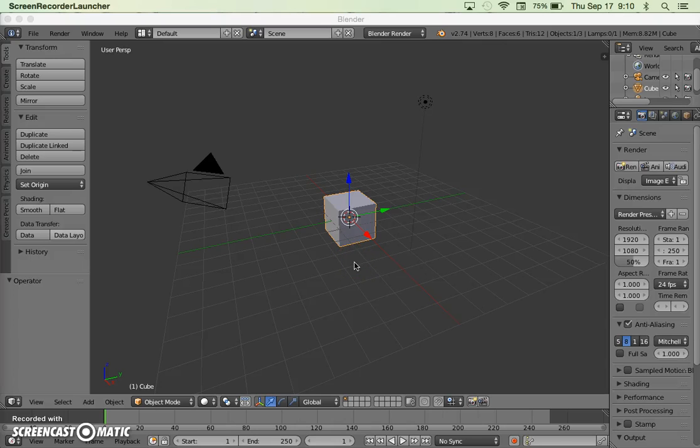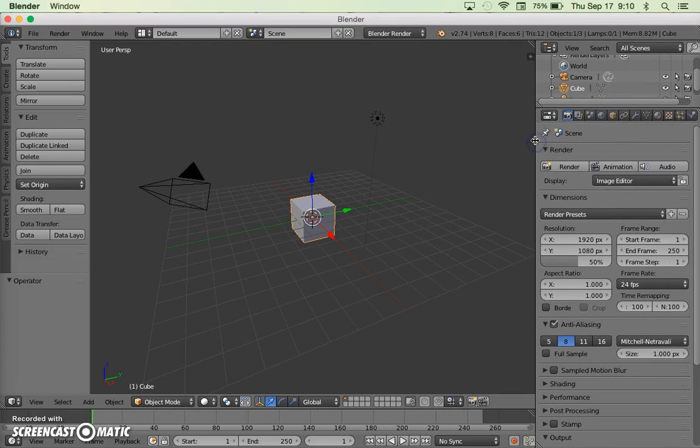Welcome to the Blender Game Engine, BGE. Basically what it does is adds gravity and also lets you obviously start to make games. For our first example here, I'm just going to show you how gravity works and we'll move a few things